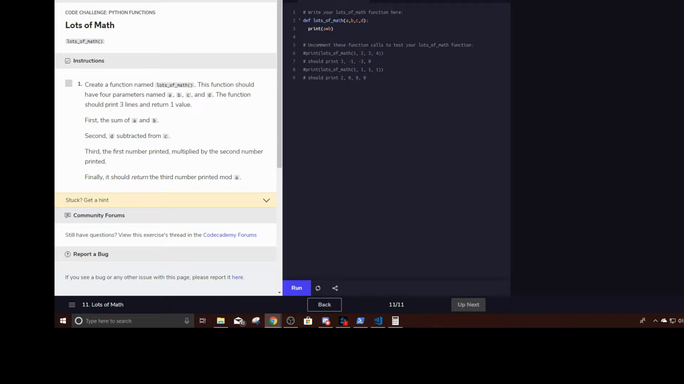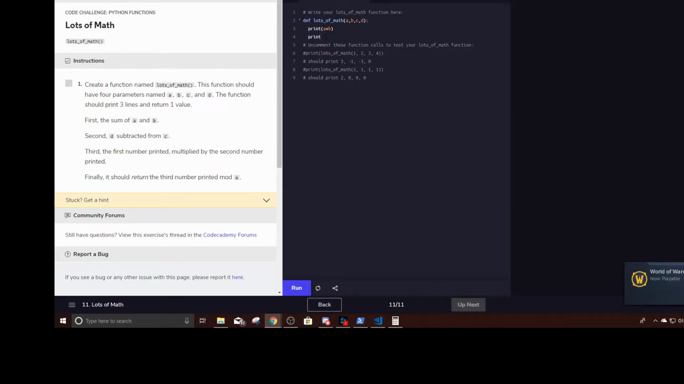Next line. Second, you're going to print D subtracted from C. So D minus C. Would it be C minus D? They say D subtracted from C. Oh, D subtracted from C. Yeah, you're right. D minus C, D's taken away from C. Yep. And third,